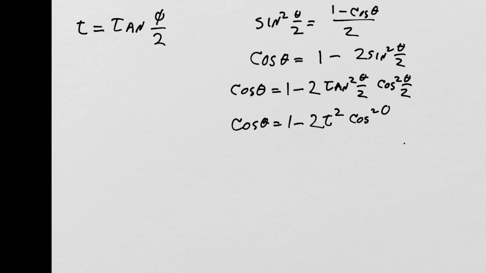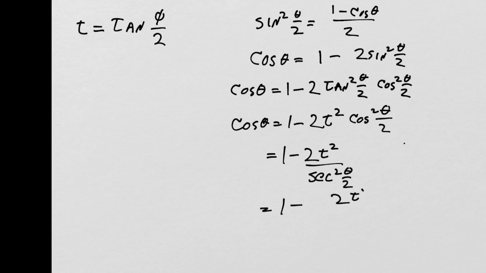Cosine squared theta over 2. And then I play around with it some more. Each step is straightforward and obvious. The totality of the logic is, of course, something some very clever guy did. But I convert cosine into, not cosecant, into secant squared theta over 2, which then goes 1 minus 2t squared